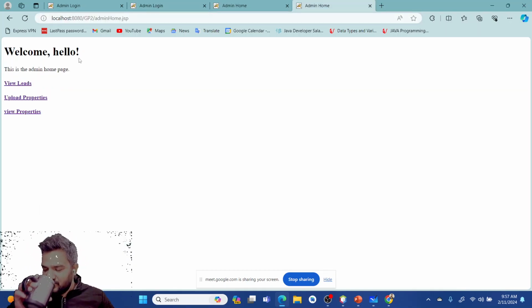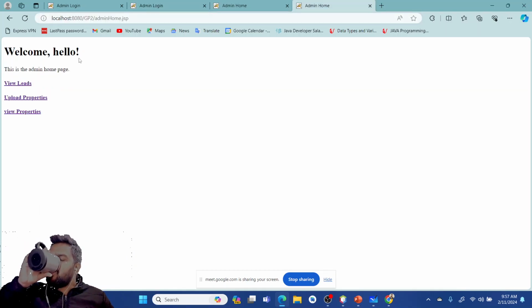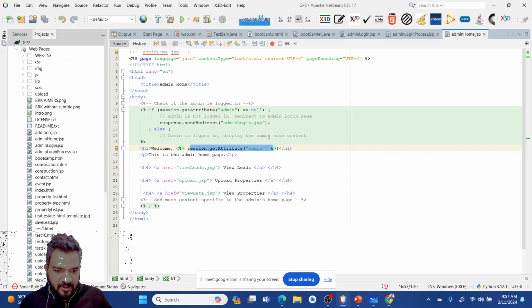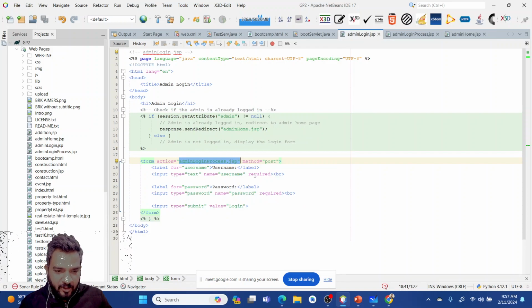So let's change the username. Let's change the code over here a little bit. Admin login is a basic simple page.